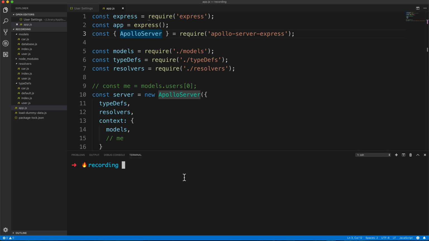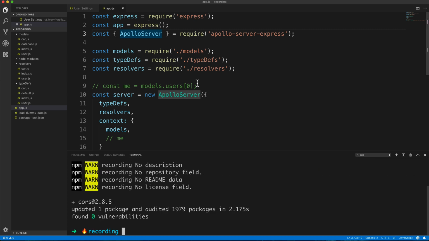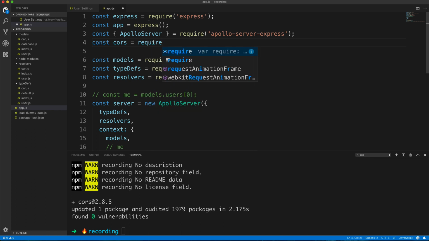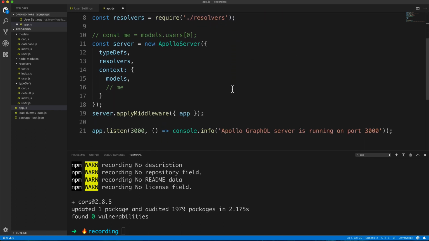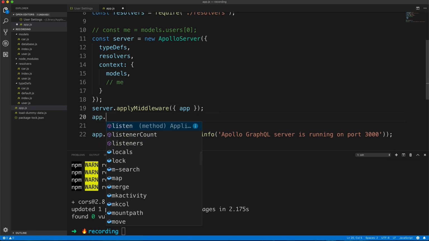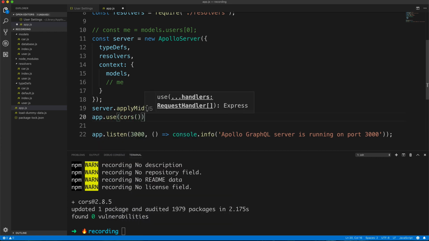So in order to avoid this, what we will do is install a package called CORS, and we're going to set up CORS for our Express application server here. So I'm going to say CORS require CORS, and this provides us with a middleware. So that means that I can very simply just use this as an application-wide middleware and call the CORS function